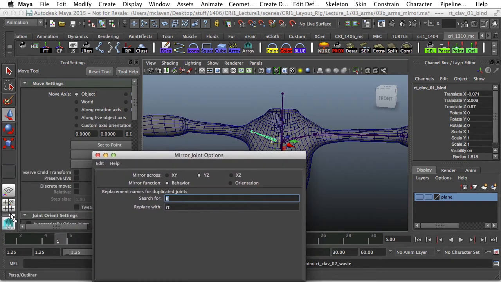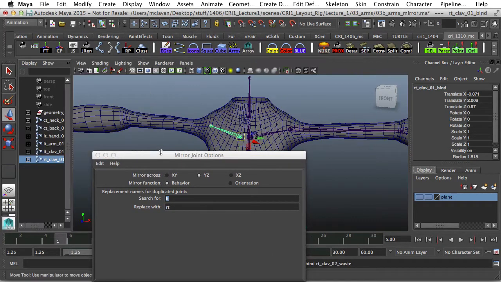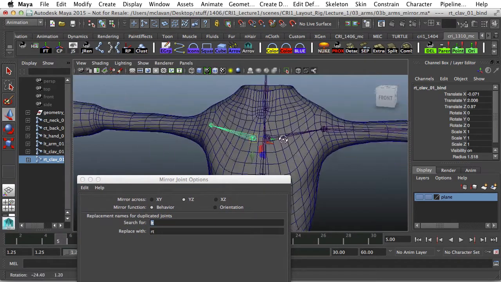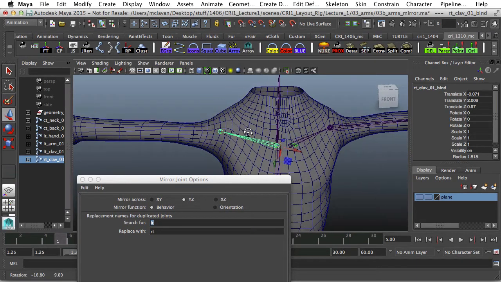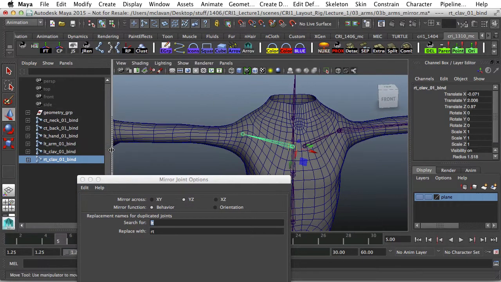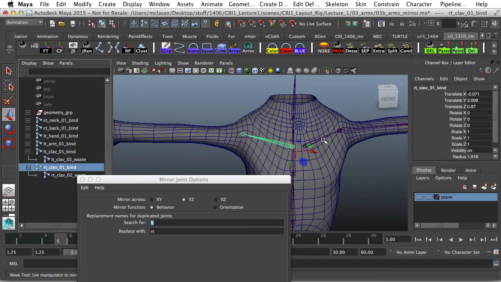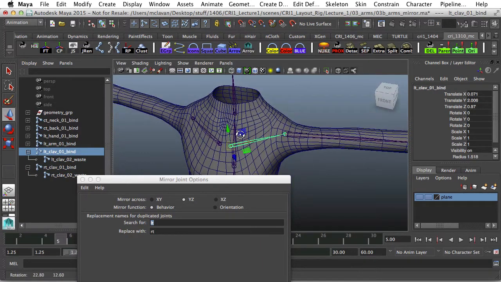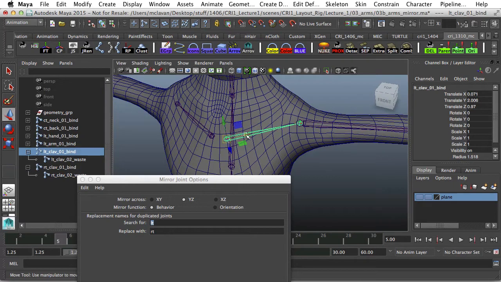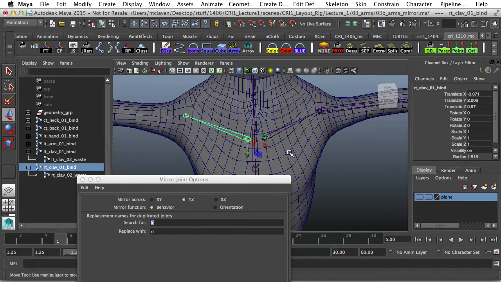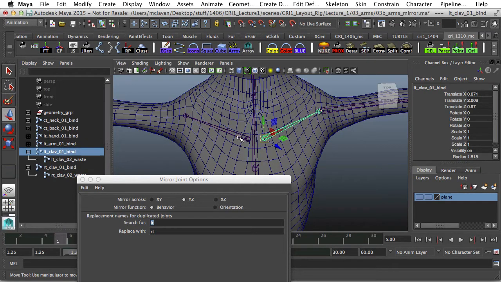Now, to start off with, I want to point out something on here. As you notice, the joint chain now on the right side is named right clavicle 1 and 2, and this one's our left clavicle 1 and 2, so it didn't just copy it over. You notice that the orientation is kind of different here, where X is facing down the axis this way, and then X is facing down the opposite way. Now we're going from a positive axis to a negative axis, so this is actually correct. We actually do want this to be inverted, and the reason is that if I shift select both of these joints and decide to rotate them up,